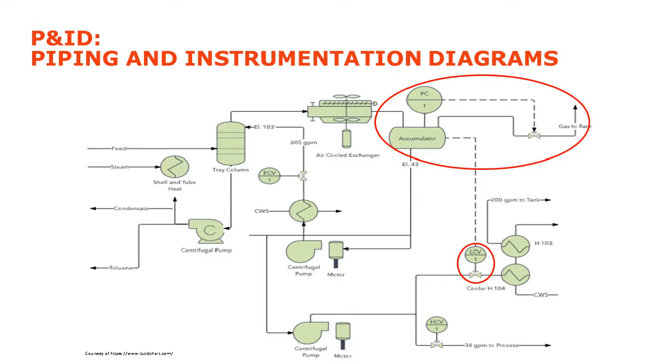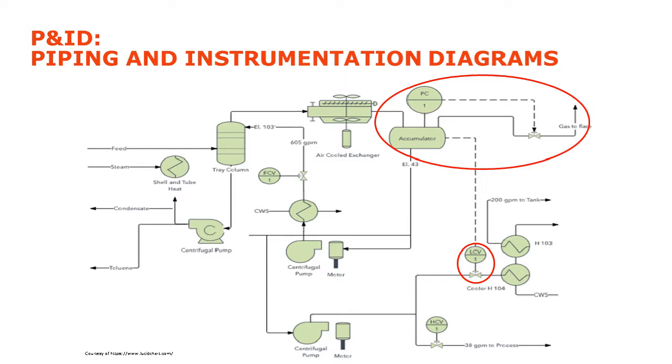There's a valve downstream of that vessel, and it appears to be connected via what's a PC there, probably pressure control. Now, it's not my diagram here, but it's likely that on the accumulation of a certain amount of gas pressure at the top of that vessel, that instrument will tell that valve through the dotted line to open, which would then relieve that gas to flare. So that's what we see in the PNID.